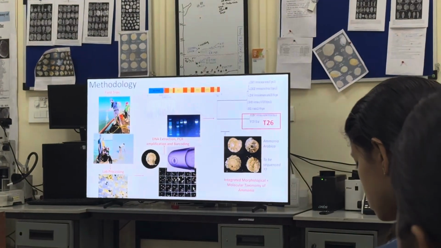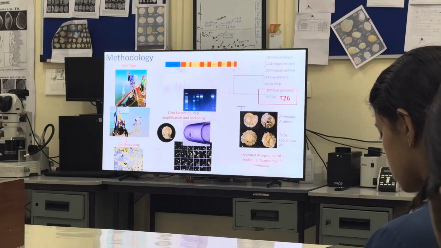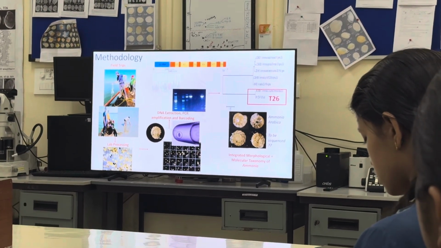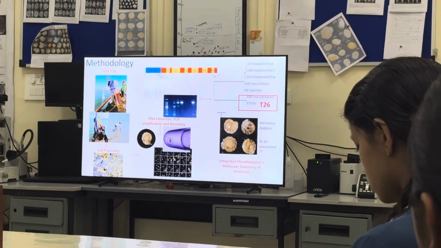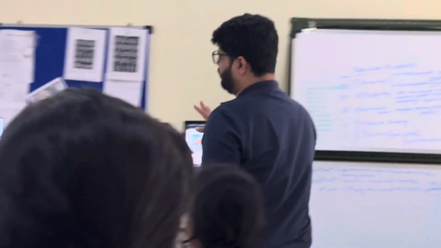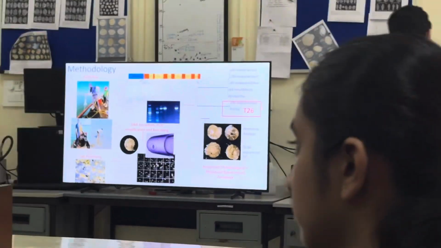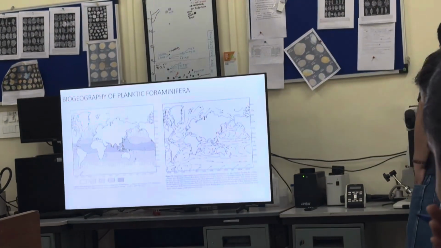Now the molecular part is next. You were the person who is next. So what we are doing here is trying to reassess the taxonomy of forams. So why it is important is because